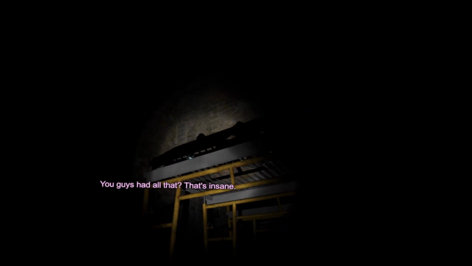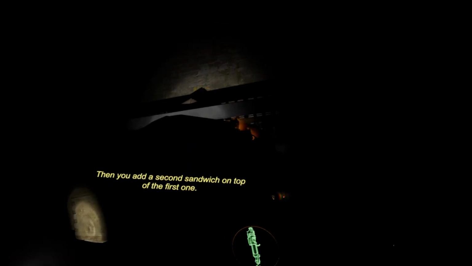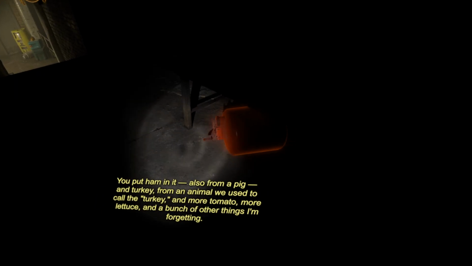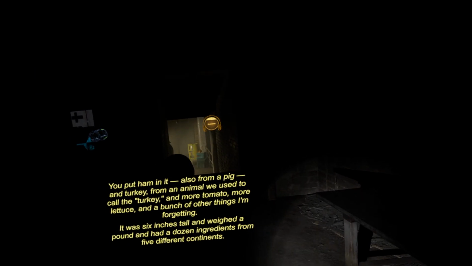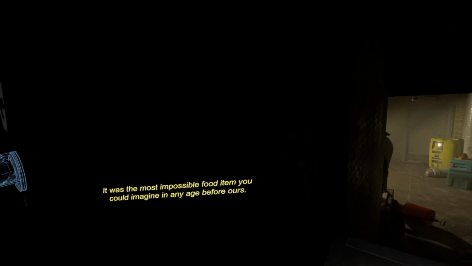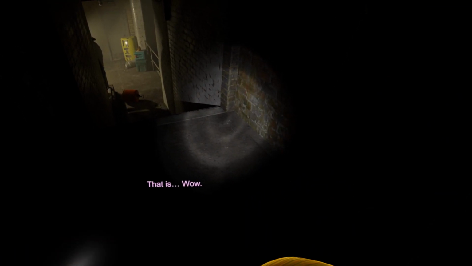You guys had all that? That's insane. It is, and I'm not done. Then you add a second sandwich on top of the first one. You put ham in it, also from a pig, and turkey from an animal we used to call the turkey, and more tomato, more lettuce, and a bunch of other things I'm forgetting. It was 6 inches tall and weighed a pound, and had a dozen ingredients from 5 different continents. It was the most impossible food item you could imagine in any age before ours. Wow. I know, right? That is...